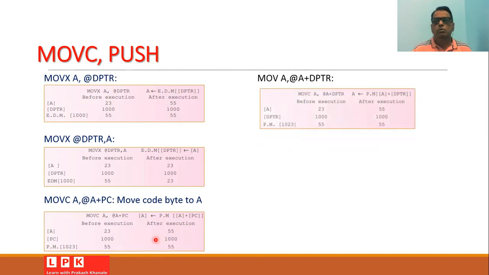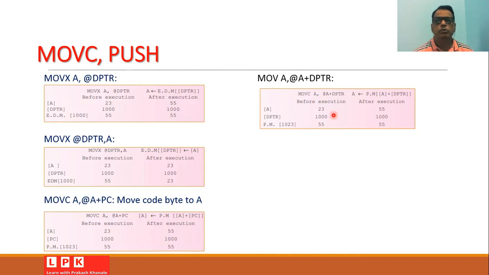We can move the data from the memory location pointed by A plus DPTR to the accumulator. In this case, we write the instruction MOVC A, @A+DPTR.